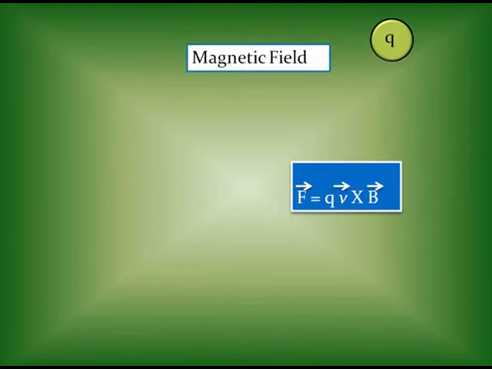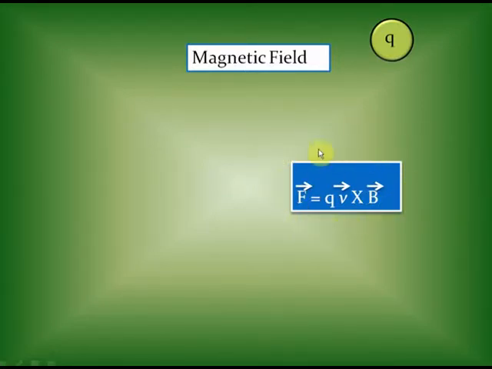F is the magnetic force here, Q is the magnitude of the charge which is moving, V is the velocity of the charge, and B is the magnetic field. The magnetic field represents the extent to which the magnetic force is acting in a region. So for example, if there's a magnetic field in a region, this means that if you place a charge in that region, that charge will experience a magnetic force. The magnetic field, as you can see, is represented by the symbol B, capital B.